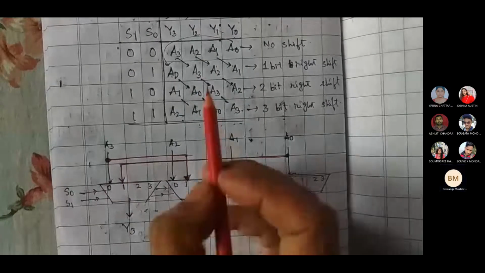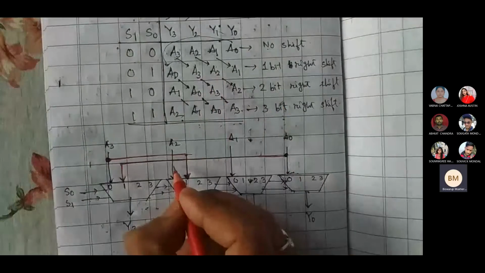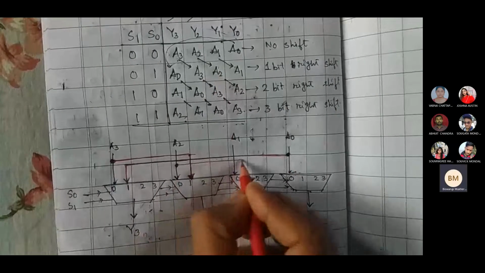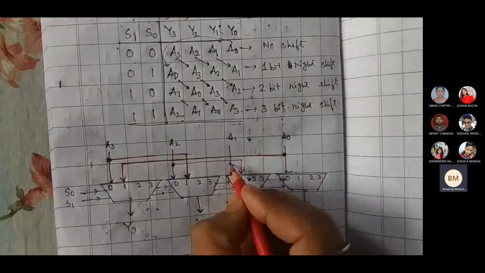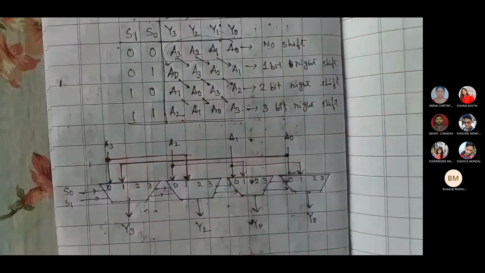A2, next এরটাতে A2 যাবে, so this A2 will come to the next, এখানে যাবে, and last এরটাতে A1, so this A1 will come to the next one, হলো।